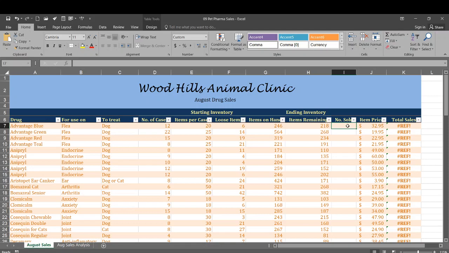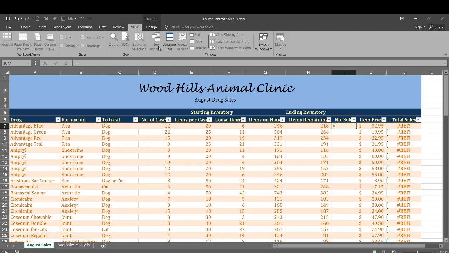And now we're going to go to I7, and we're going to put in a formula. Our formula, remember, always starts with the equals. I was going to zoom in on this, so I'm going to go to my View, but it's not going to let me. So I'm just going to type equals. I'm going to have a square bracket, and that means I want to put a column in. So items on hand, and hit tab,